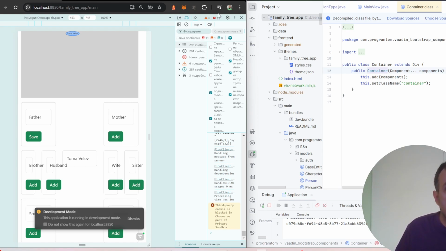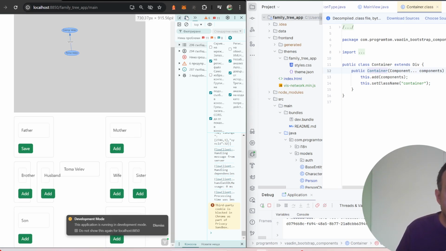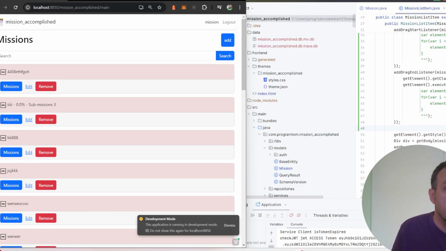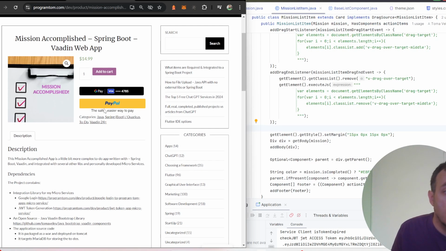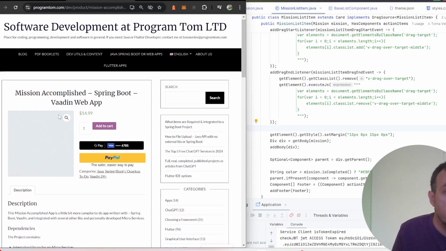And basically this is the integrating with custom JavaScript library. And I'll show you one more thing. Yeah, the other thing is a cool new feature coming to my Mission Accomplished, a little bit more complex to do. Basically,